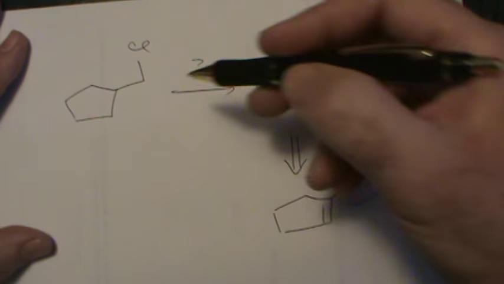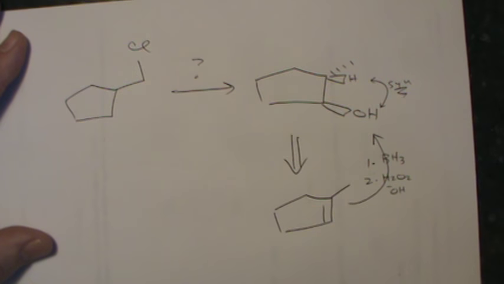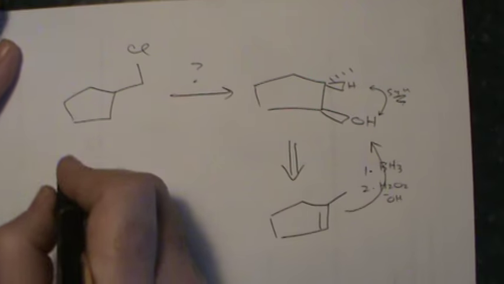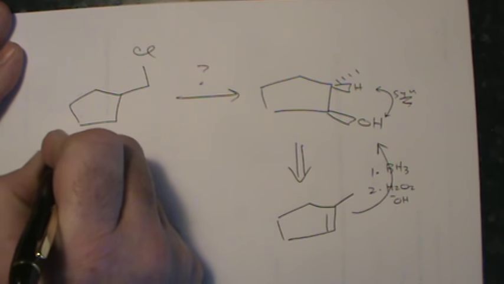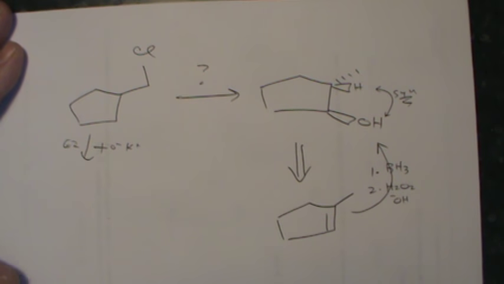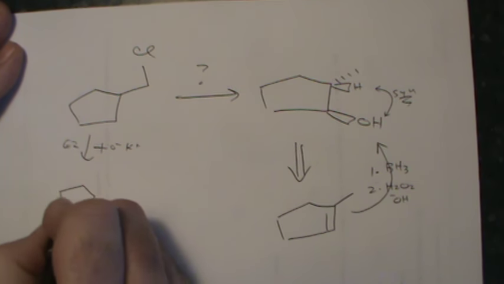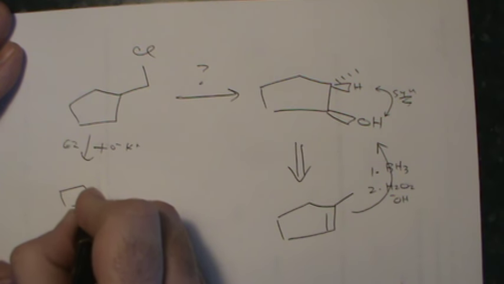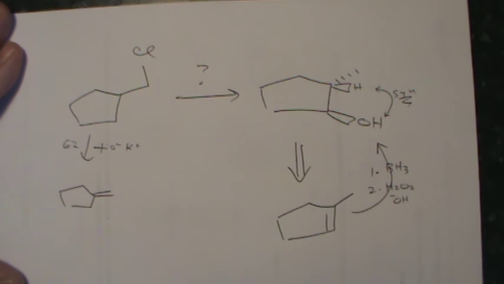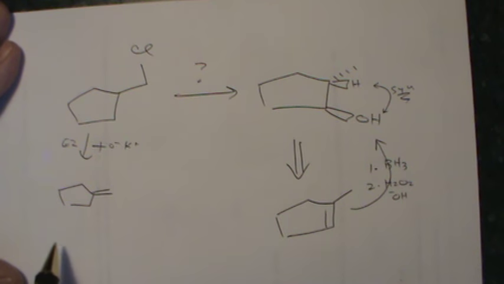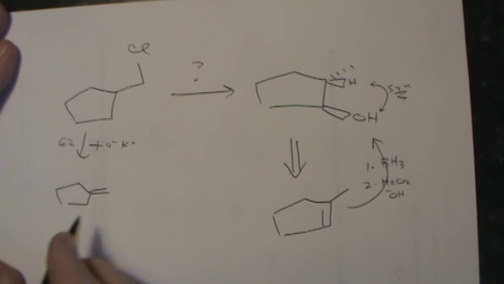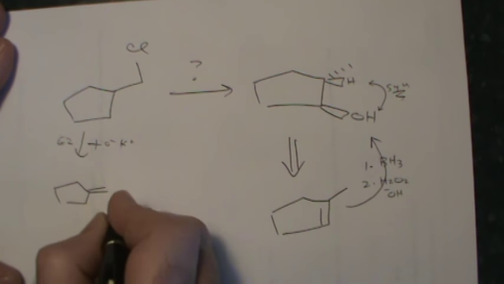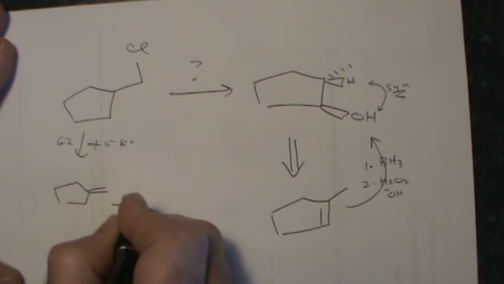And the question is, can I get from this chloride to that alkene? Well, I could, for example, try to perform an E2 elimination using my potassium t-butoxide, my E2 base of choice. And that would necessarily give me that structure. Could I get that alkene converted into that alkene? I think so. If I treat this, for example, with HI,